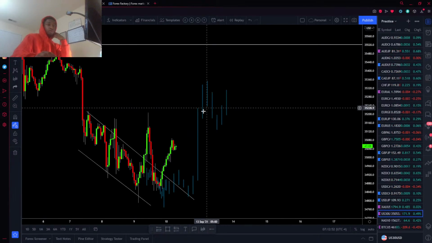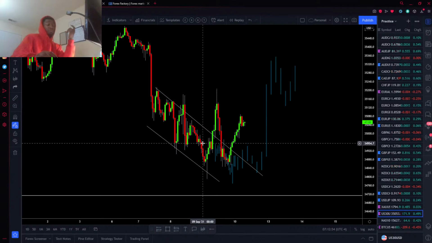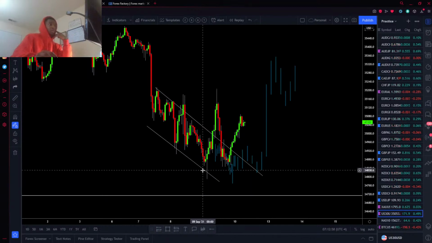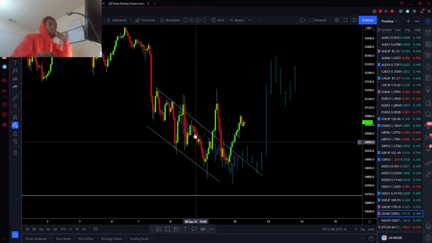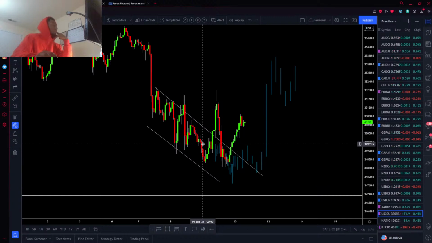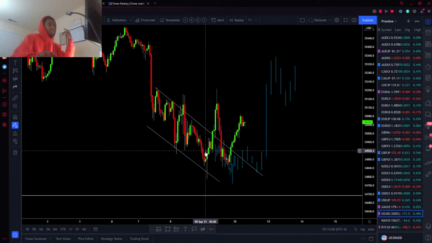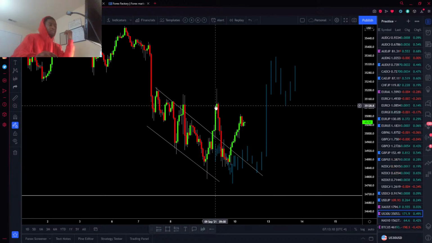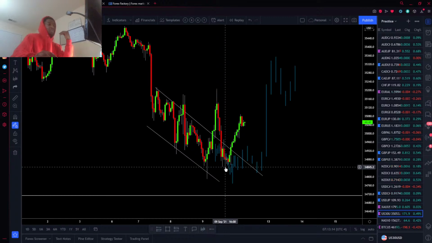And US 30, we have this descending channel, which is a reversal pattern in a buying area. So I set this up initially right around this area, which is the 8th, 7th. Started looking for a descending channel. Price shot up that same day that I actually sent the screenshot out, but it came right back into this level, and now that's come back into this area.